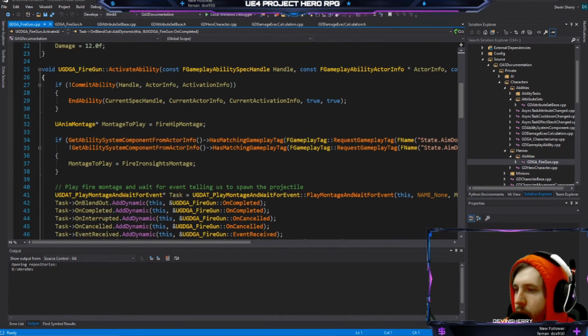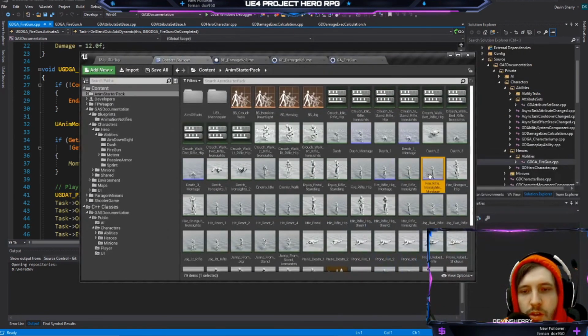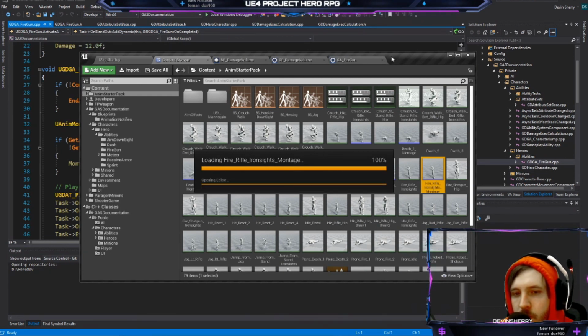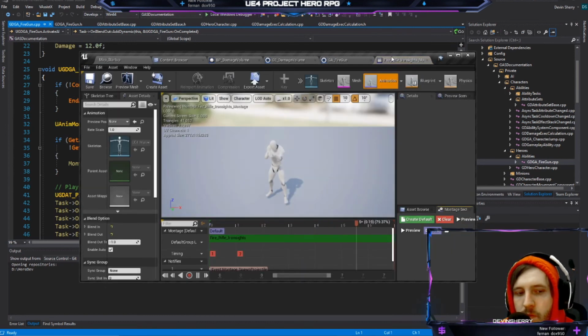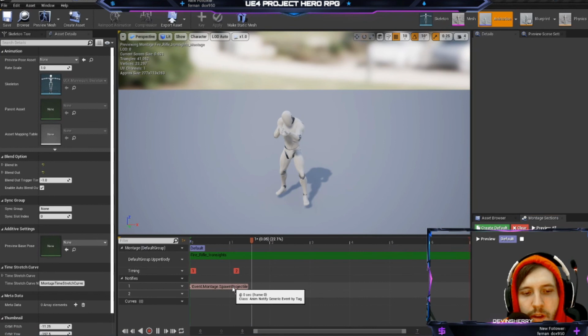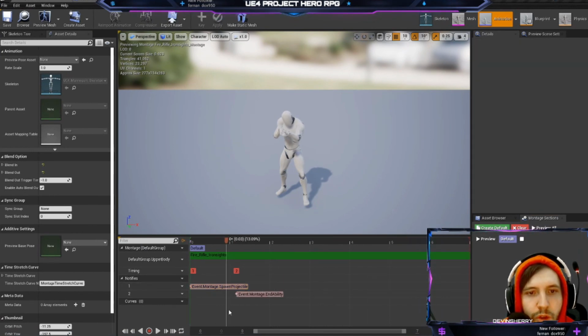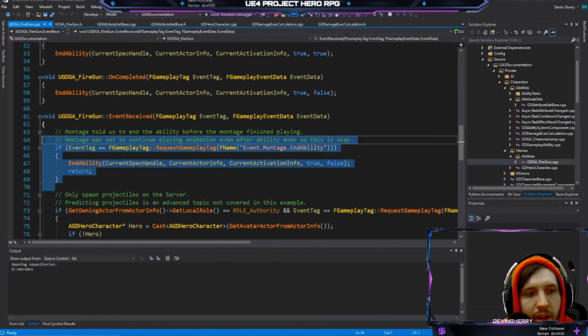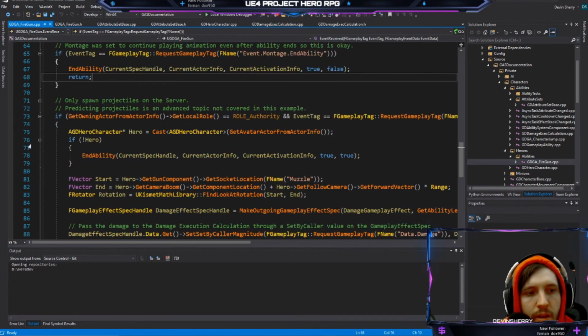So fire from iron sights montage. Seems like it should have these event things in its name. Yeah, event dot spawn projectile right there, and event dot end ability. So it's like boom, and then it ends right there. So that's what he's doing here. So he checks that one first. And then